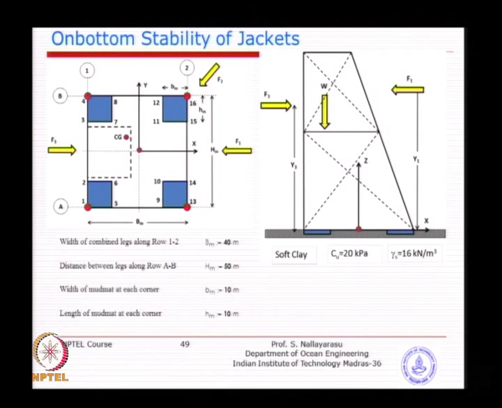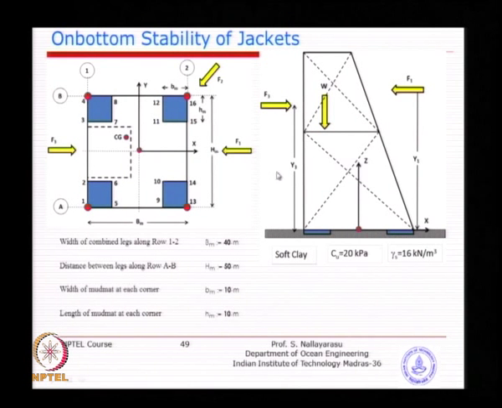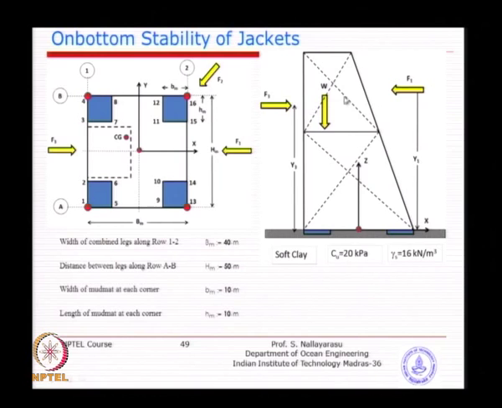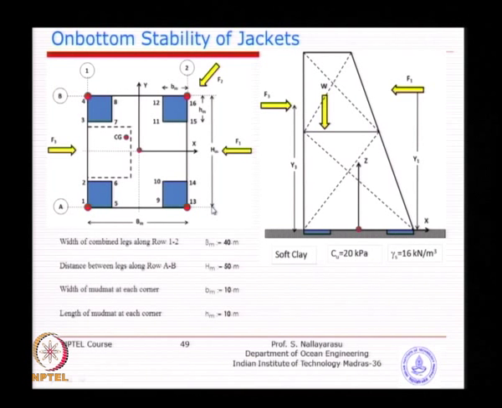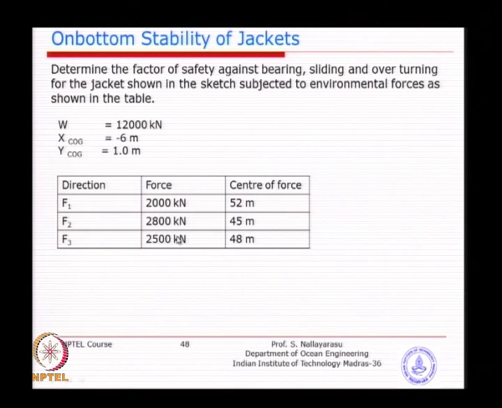And the load application, you can see here the heights are given y3, y1, and basically the other one is not visible here. Basically, if you go back to this picture, the center of force from the mud line, always these wave or environmental forces will be given from the mud line, and the magnitudes are given. The directions are given by the diagrammatic arrangement. So, you have every parameter. So, we just need to solve for it, and also the weight of the jacket is given as 12,000 kilonewton.